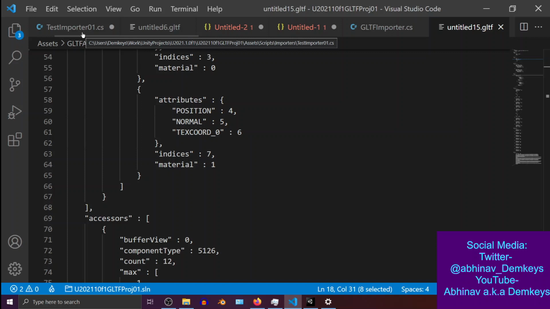And the reason for that is because I wasn't trying to create a full glTF importer. I was just trying to create a minimalistic, very small glTF importer that can, at the very least, import the mesh. And so that's what I'm currently working on. But yeah, that being said,